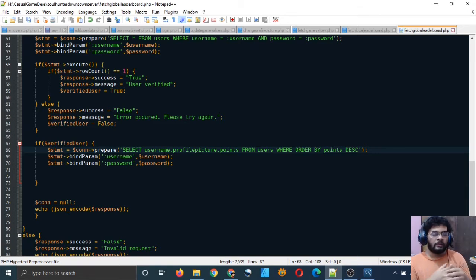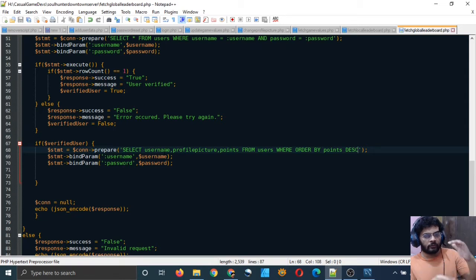Now this statement will fetch all the rows in my database, and it will arrange them in descending order of points. That is, the record with the highest value of the points column will be at the top, and the record with the lowest value of the points column will be at the bottom, right?